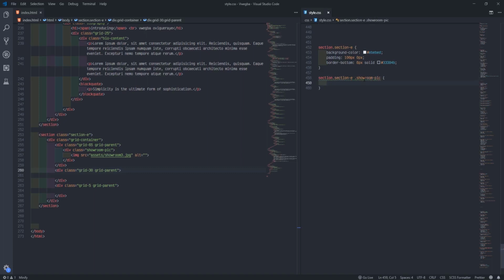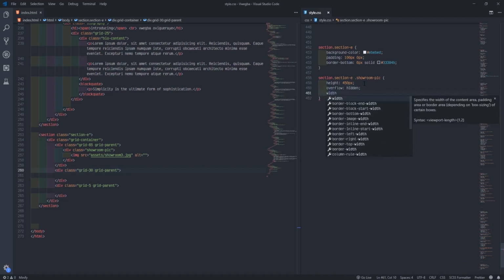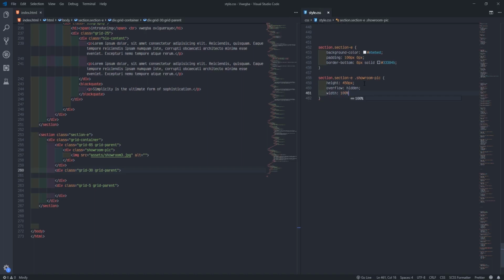Then also make the height be 450 pixel and the overflow to be hidden and width to be 100%. Or duplicate, then target the image inside, max width and display block. Then height could be auto.